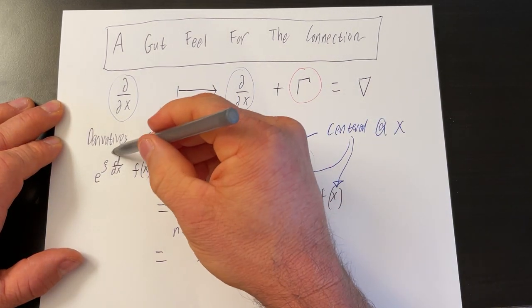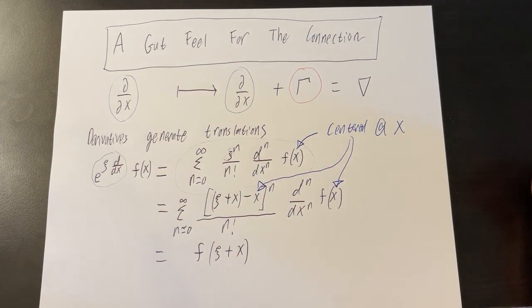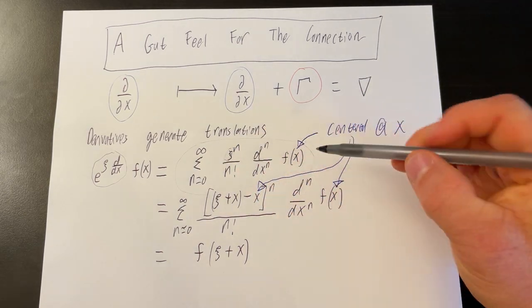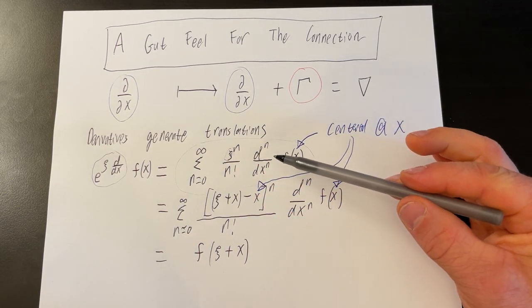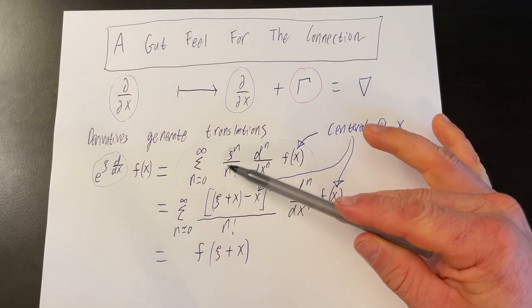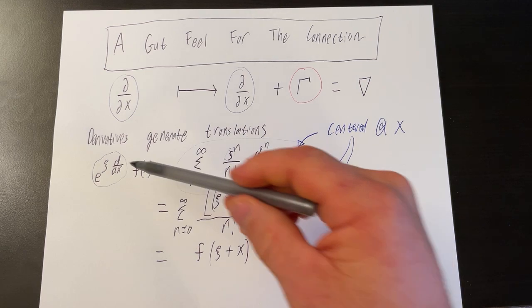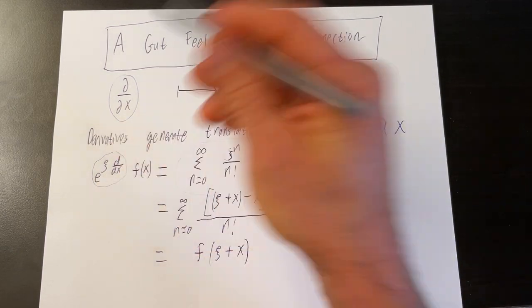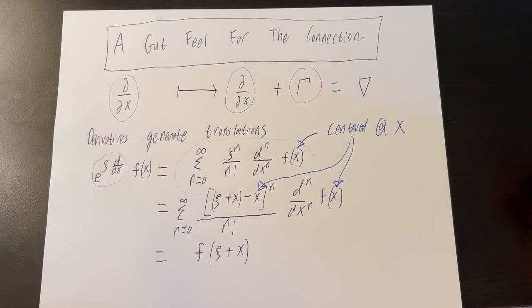So this thing is an operator, right? It's the sum of the first, second, third, fourth, fifth, all the order derivative operators with different coefficients. And its net effect is to translate by this parameter here. So